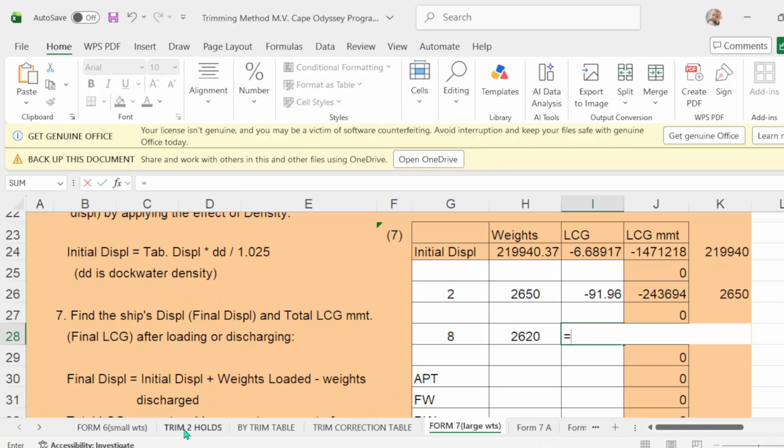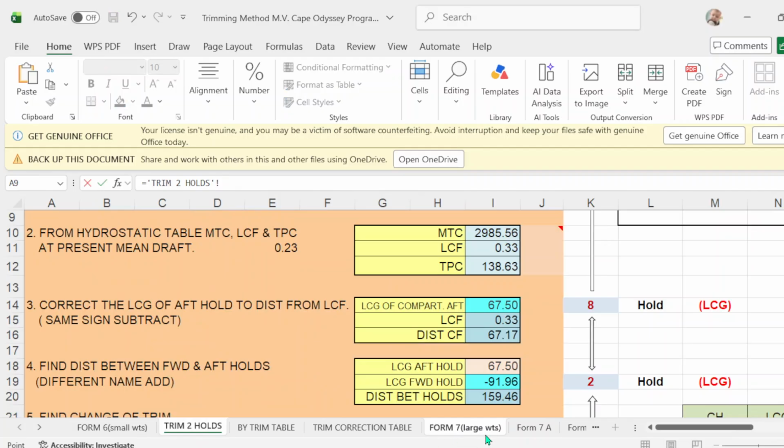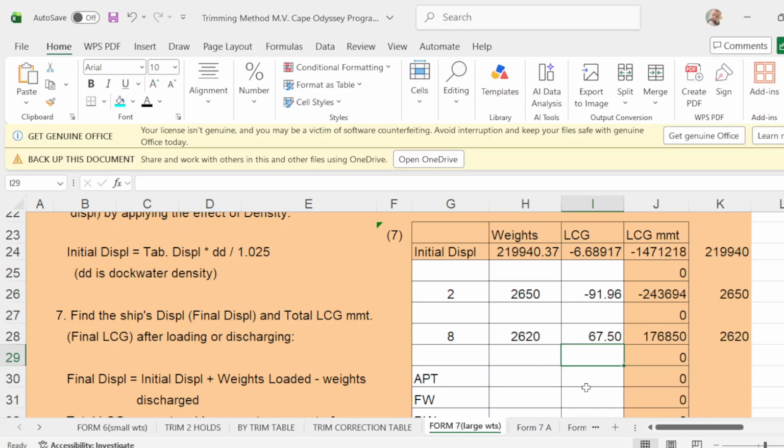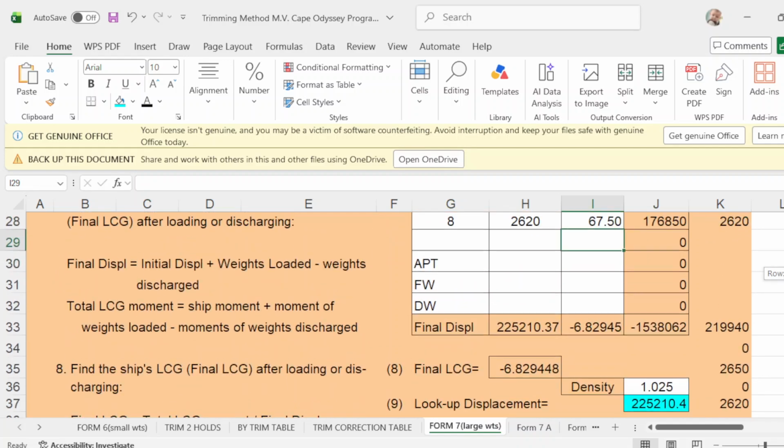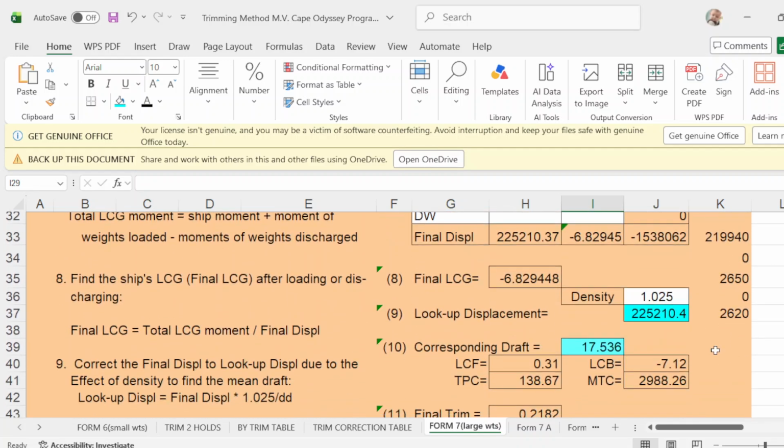Then you go to trim 2 holds. That will be number 8, 128.67.50. Then you have 67.50. Then scroll down. The mean draft will be 17.54, or this is if you run it up.